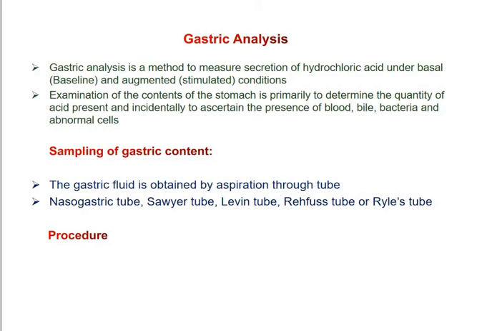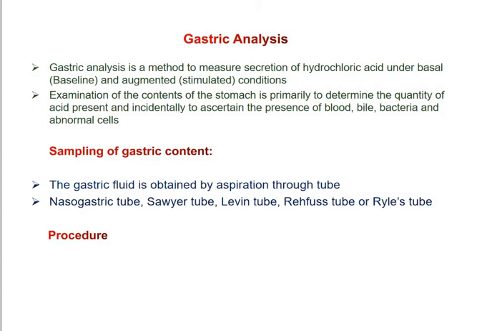Now, this is about the general introduction, definition and scope of general pathology. Pathology includes different kinds of analysis of blood and body fluids. Now, we can see such fluids one by one. One of the body fluids is gastric juice, and for that we have to perform the gastric analysis.